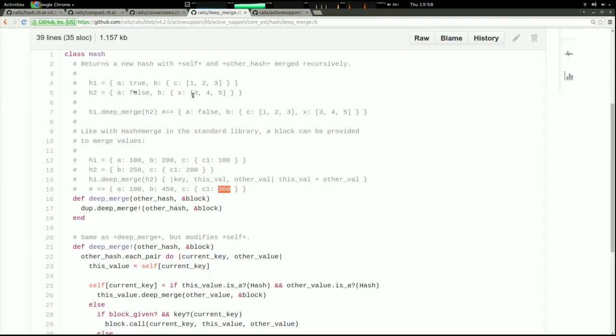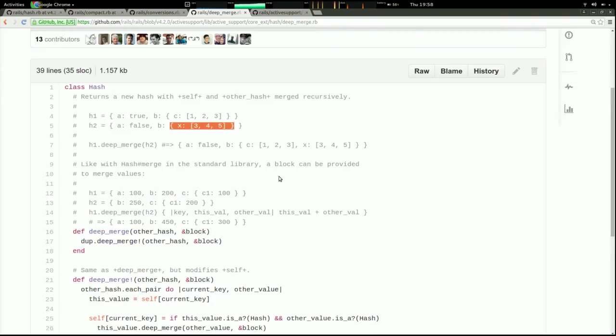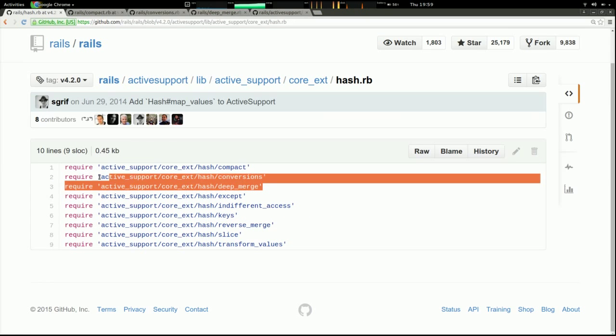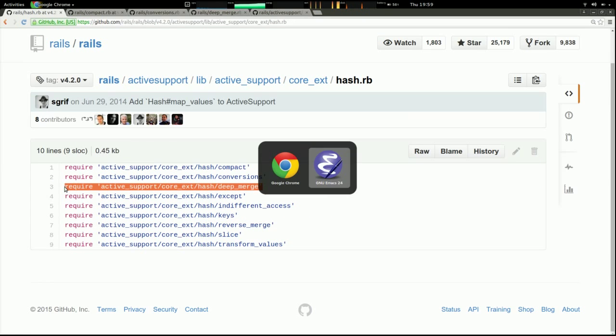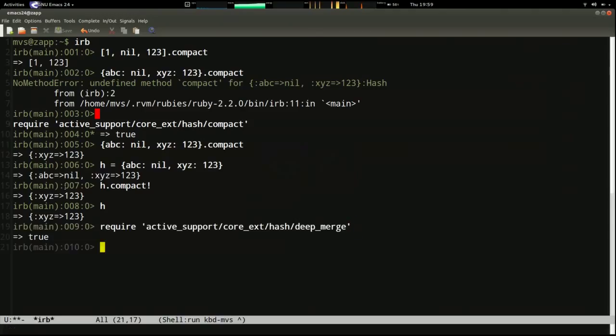Okay, so I suspect that in the case of the two hashes having different keys, this block probably won't be called. But let's try that out and see if that's true. So I'm going to require my deep merge, and now I can have H1 equals A, which is going to be a hash with B 1